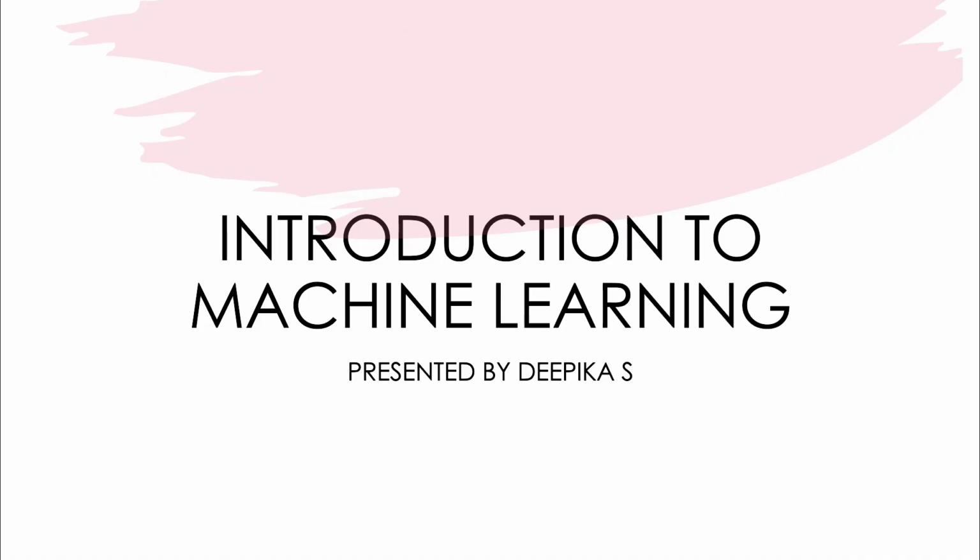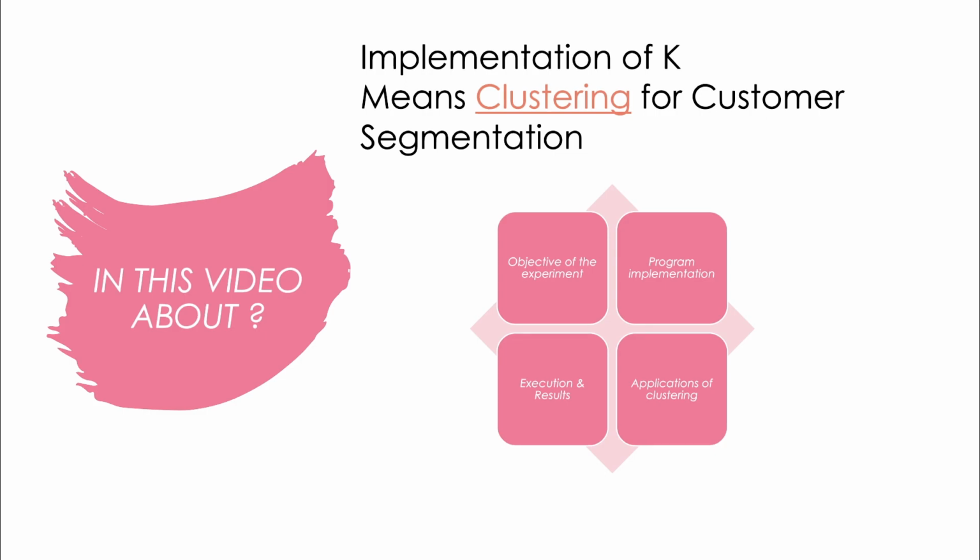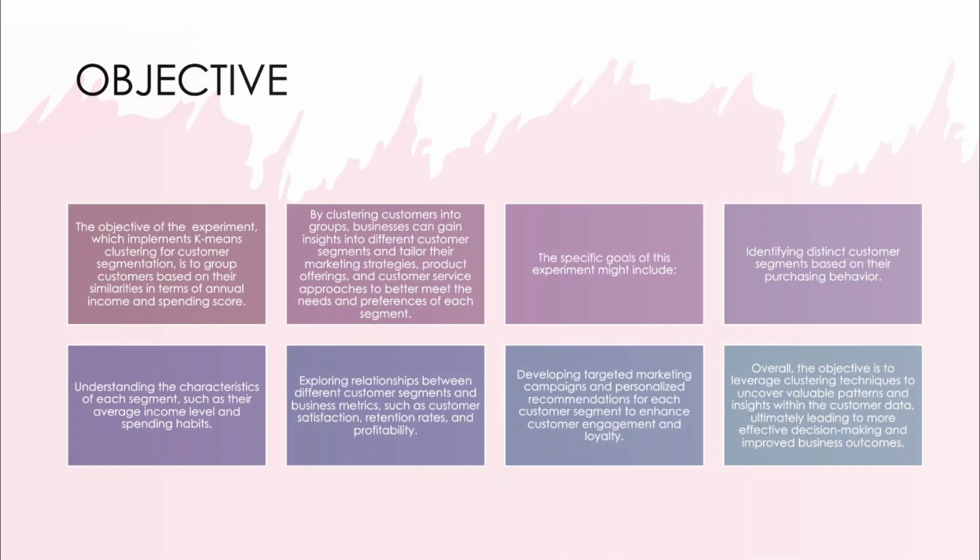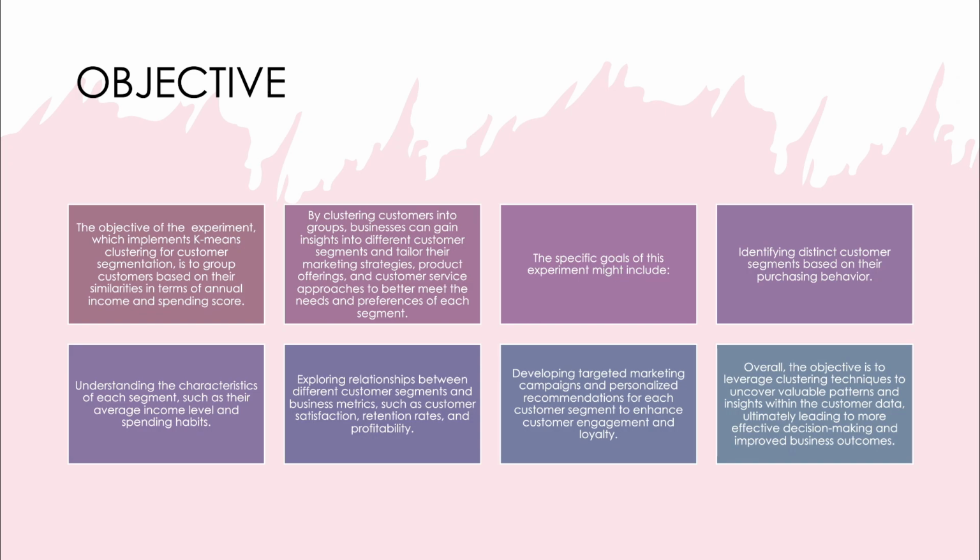Introduction to Machine Learning. Implementation of K-means clustering for customer segmentation. In this video, we're gonna talk about the objective of the experiment, program implementation, execution and result, and also application of clustering. Objective. The objective of the experiment, which implements K-means clustering for customer segmentation, is to group customers based on